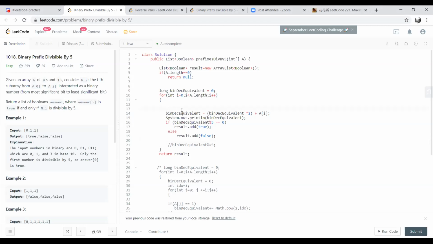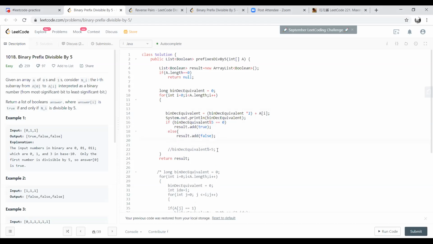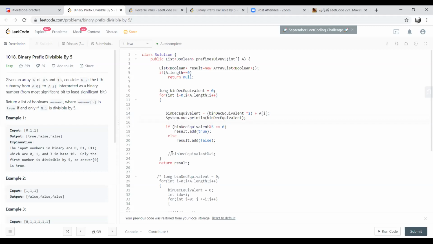When you said bin dec equivalent of this, you've done that. Now, actually what you can do is, in the else, line number 19, instead of just saying addition, you could just say that bin dec equivalent is equal to that modulus. And actually, not there, but can you do that in line number 15, 16? This whole setup, like here. Move line 22 to line 16, and then check if bin dec equivalent is equal to 0. Don't do the modulus a second time.